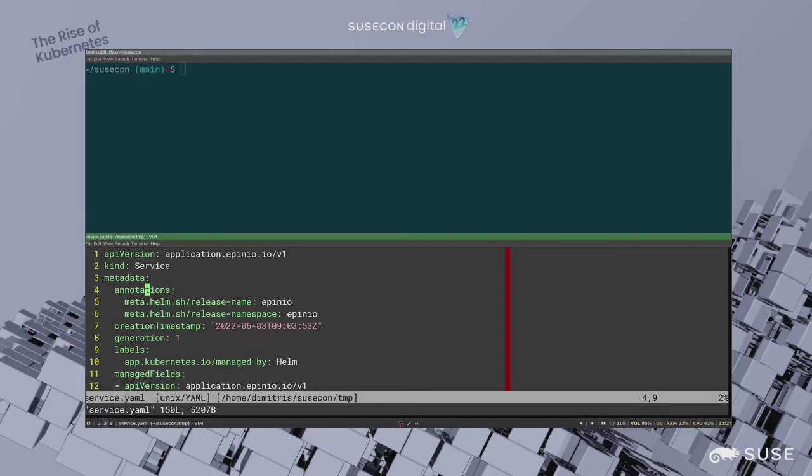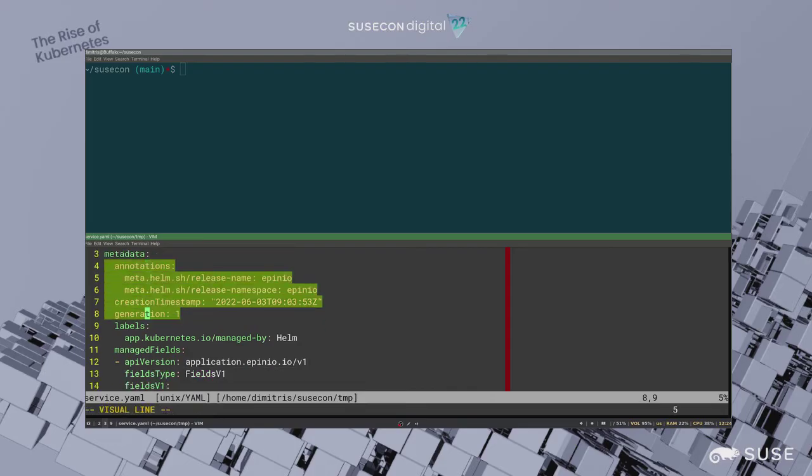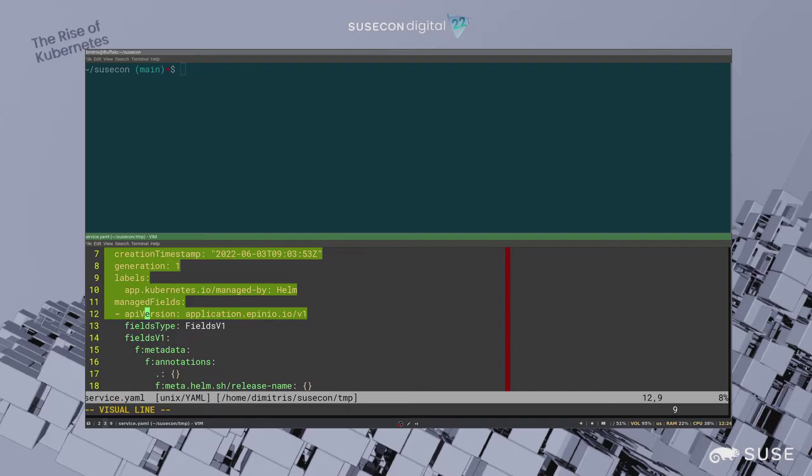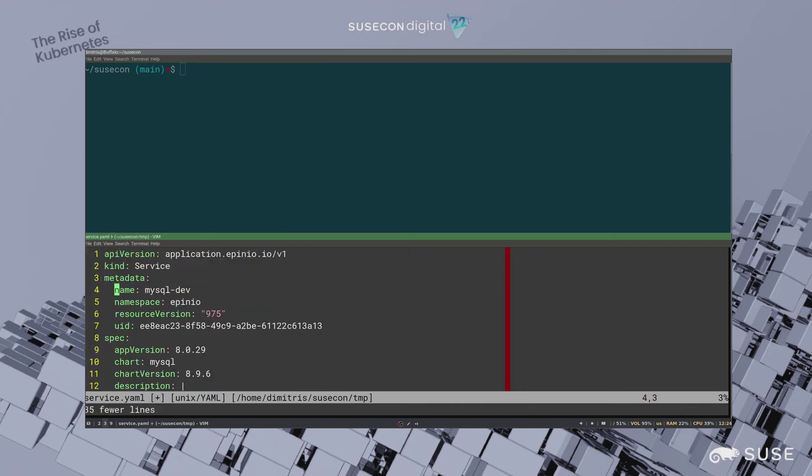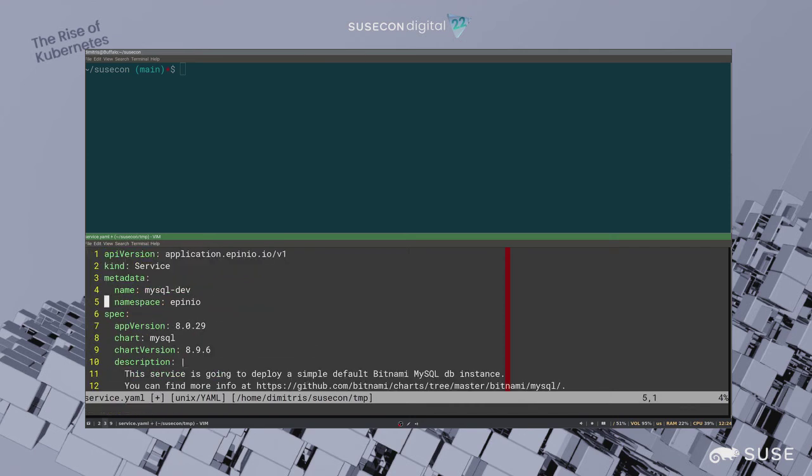So if I edit that, you'll see that it has some fields I don't care about, generated ones by Helm, like managed fields. I can remove them, down to this point and those. Okay, so the important stuff. First of all, the name. We don't want to overwrite an existing one, so let's decide which one we want to